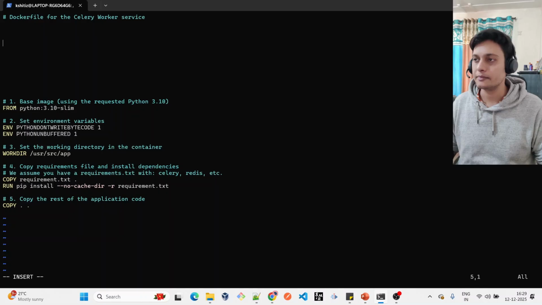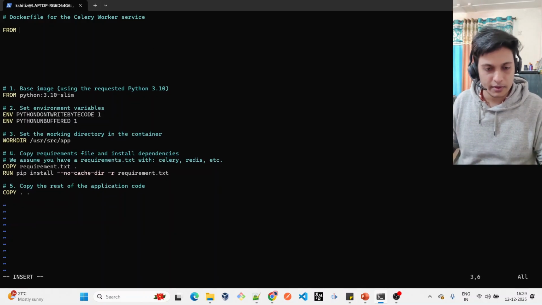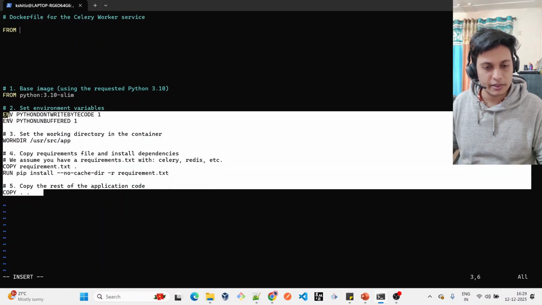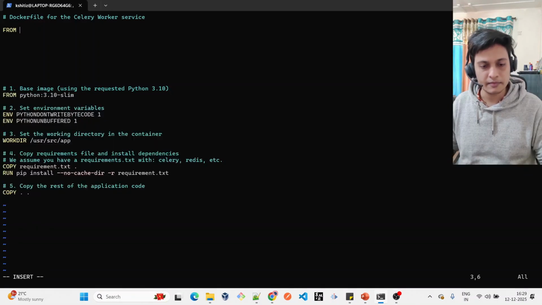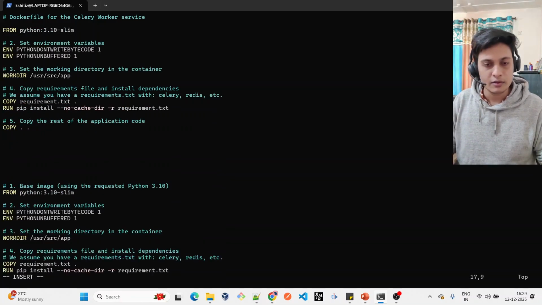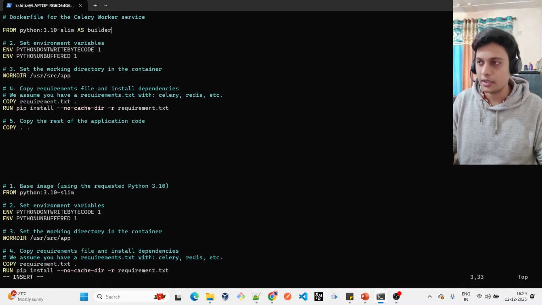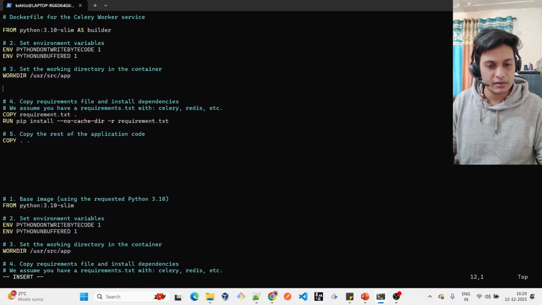Let me copy it again so it will be easy for us. So from python:3.10-slim as builder, we will keep the env variables as it is, and then we will keep the workdir as it is. Then also we will use the RUN